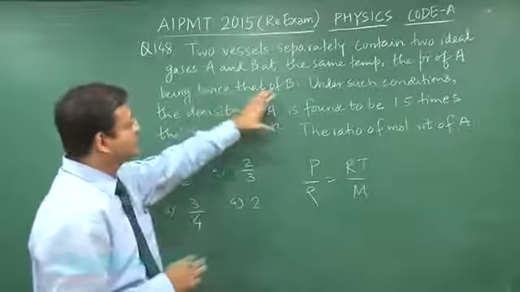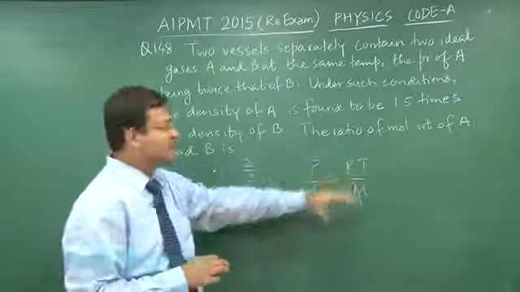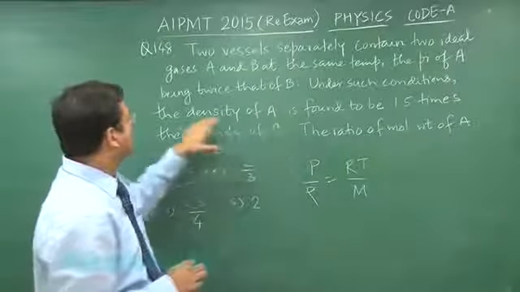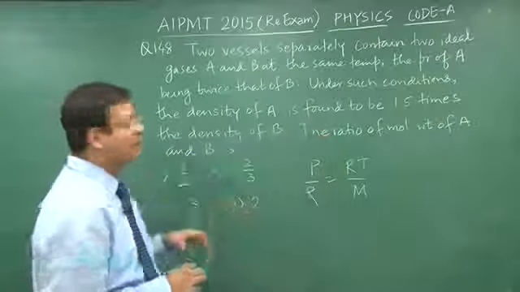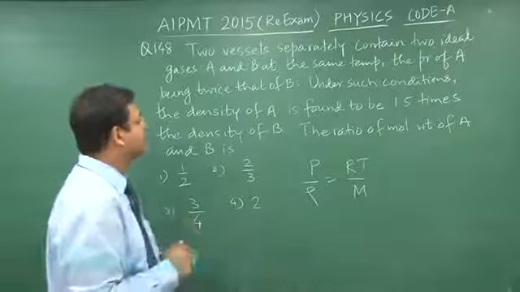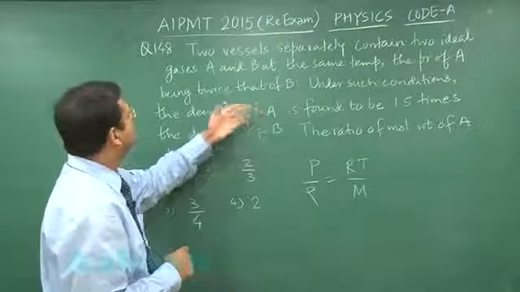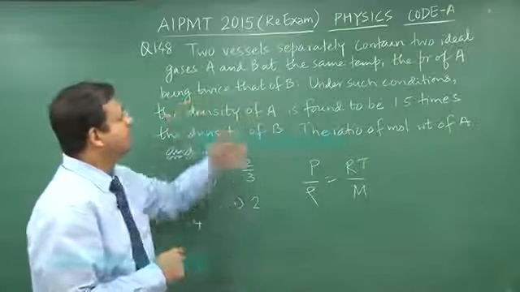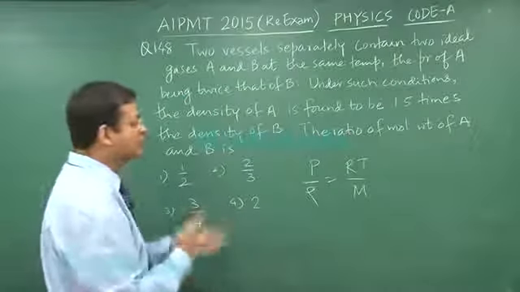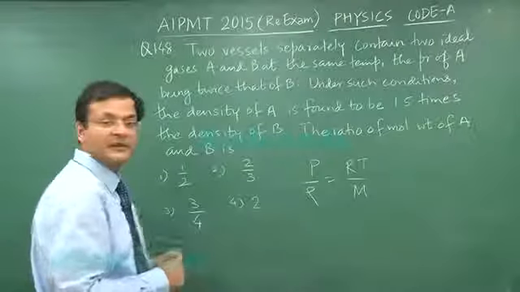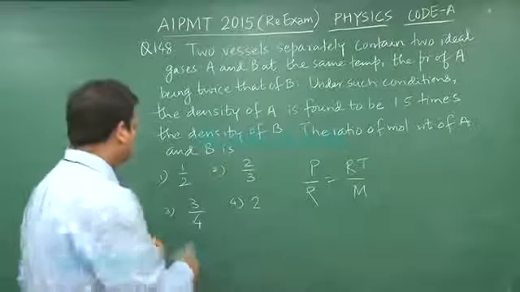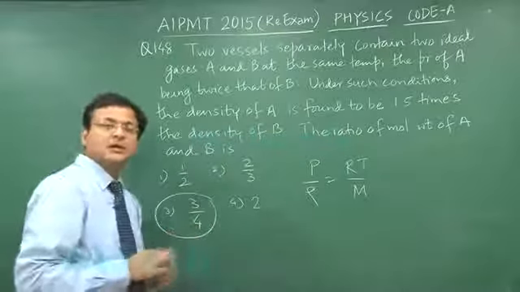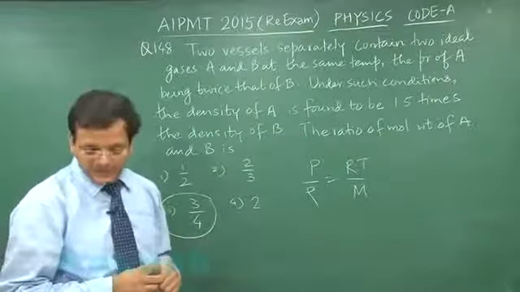They have given you the same temperature, R is same, T is same. They have given you the ratio of density. You can see density of A is found to be 1.5 times. The pressure ratio is also given. Pressure of A is twice that of B. So if you do that, you can calculate the ratio of molecular weight. That is what is required in the question, and you will be getting the answer 3 by 4 for this particular question. Switch over to next question, that is 149.